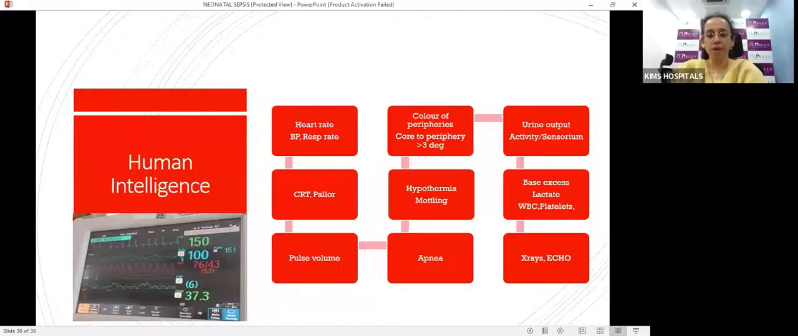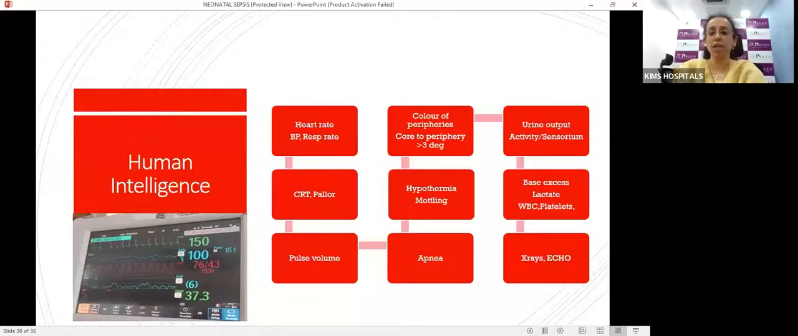take decisions based on different parameters of the baby, such as the heart rate, blood pressure, respiratory rate, capillary refill time, pallor, off color, pulse volume, whether the volume is feeble, and the color of the peripheries, if the baby is looking pink or cyanosed or pale, and is there any core to periphery temperature difference? So in sepsis, the core to periphery difference will be more than 3 degrees. Whether the baby is mottled or having hypothermia, needing more temperature support, is the baby going into repeated apnea,